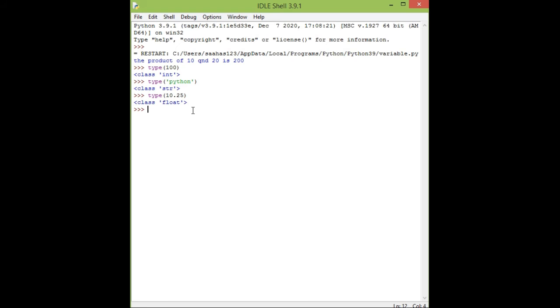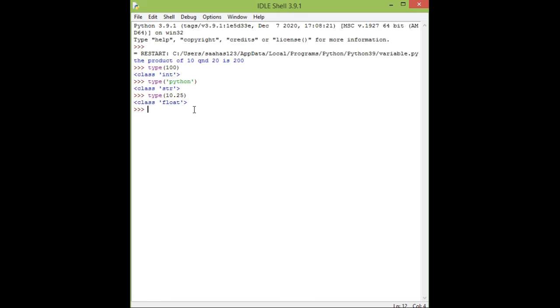And now the next function is the input function. We have used the equal to sign, which is known as the assignment operator in Python. This operator is used to store a value in a variable. The value stored in a variable can be changed during program execution. But to make a program user-friendly, the input function is used, which allows the user to enter the value during the execution of a program as required.